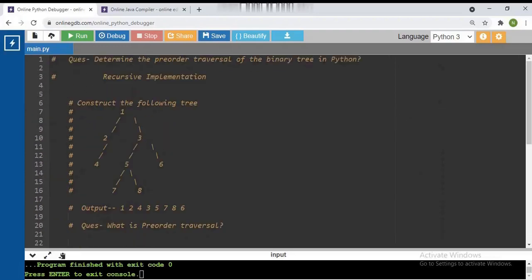So in this particular video we will see the implementation of pre-order traversal of binary tree in Java as well as Python. So in this video I am starting with Python first, then move into the next, that is Java section. So the problem statement will be determine the pre-order traversal of binary tree in Python, and as usual this